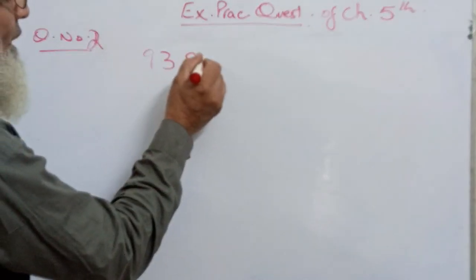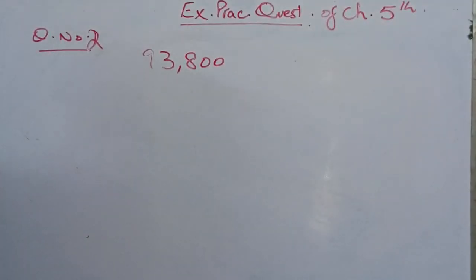Now question number 2. 93,800 students took an examination. Now how much? 93,800. Question number 2. 93,800 students took examination. There was an examination, and